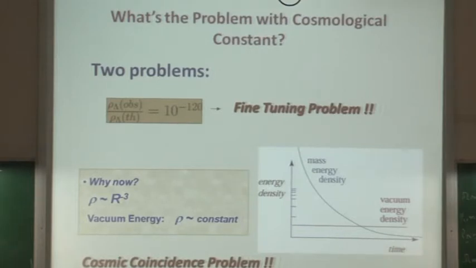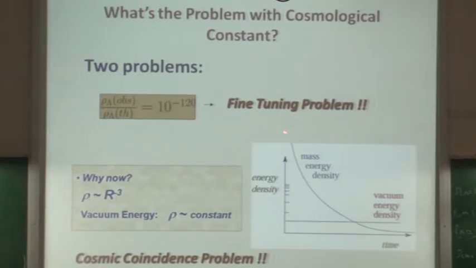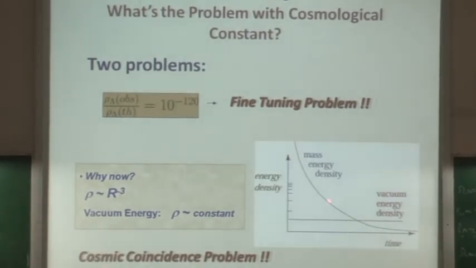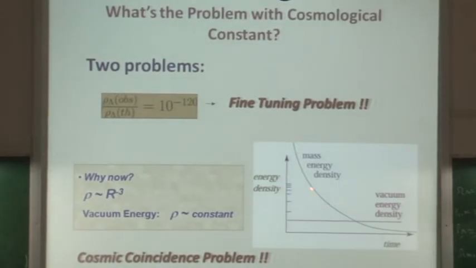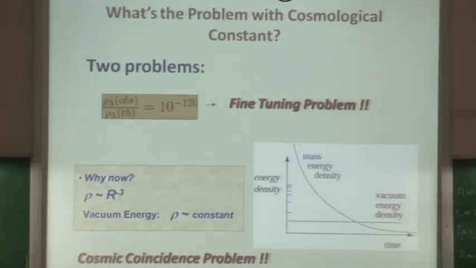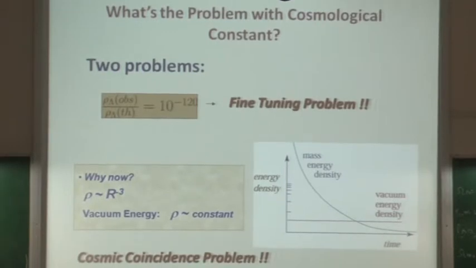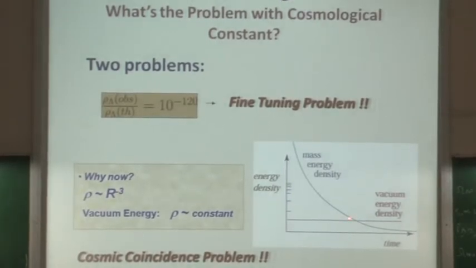Right? Now if you look at how they evolve, the matter density evolves as 1 upon a cubed, so it falls with time, whereas the cosmological constant is just constant. So if you have this monotonic behavior from the matter energy density rho m, and this is constant, they can cross only at one point. And it happens that this one point is around the present time. So the cosmic coincidence is: why is today so important, that these two completely different time evolutions of the two energy densities match only around the present time, not earlier or later?